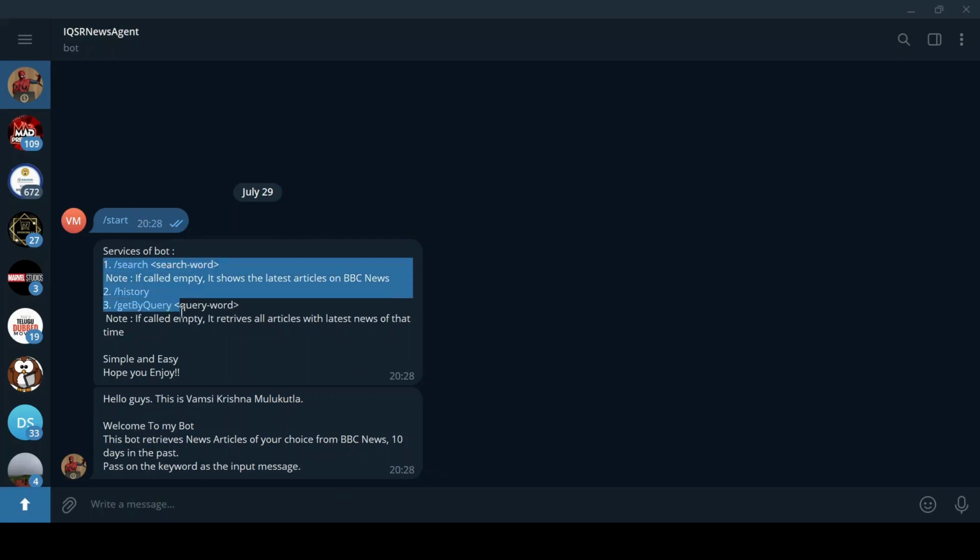And these are the services of the bot. The first one is searching for news articles with a search word. If no search word is provided, the latest articles are retrieved. The history, where all the news articles of the past will be retrieved and displayed to the user. And the third is get by query, where selected articles related to a similar keyword of query are retrieved to the user. Now let us try to search